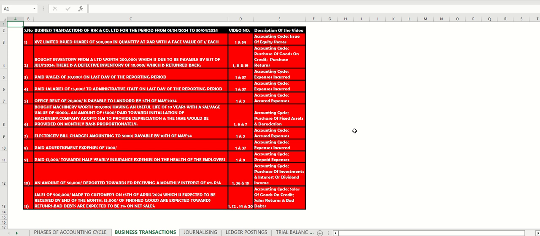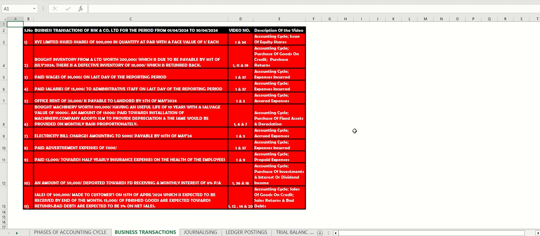Now I would be preparing the financial statements for the period or as on 30th of April 2024. However, the amount is due to be payable by 31st of July 2024, which means this